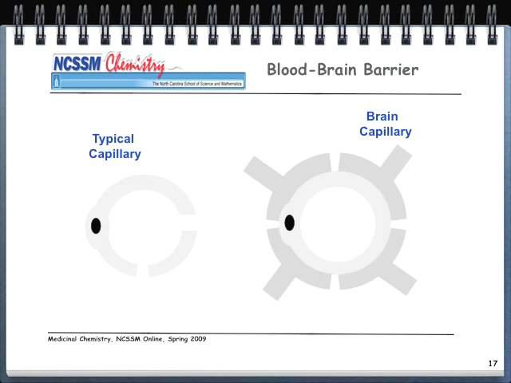The brain, however, has that same type of capillary structure as you see there in the picture, but it's also surrounded by another layer of a very protective, very tightly packed membrane called the blood-brain barrier. And the blood-brain barrier, or the BBB, does a very good job of screening out drugs from getting into the brain. And why was this a good thing? Well, there's an awful lot of drugs that you don't want in your brain because that's a pretty important region of your body. You don't want the neurons and all the different components of the brain being affected heavily by taking